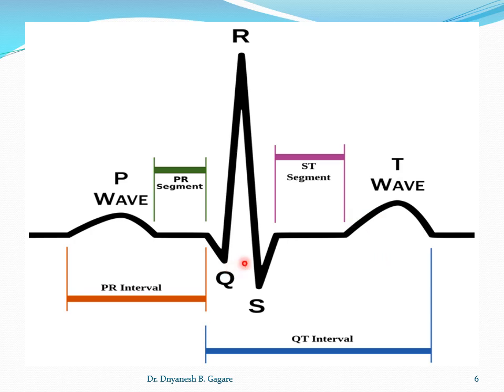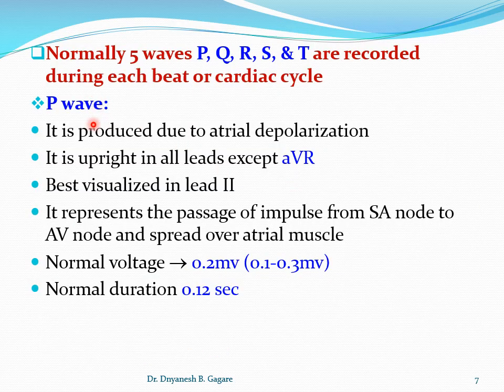Okay, some people draw the R wave without thinking how big it should be compared to the others, so the proportion should be maintained. Okay, now we'll take them one by one, and we'll discuss what is the P wave, what is the cause of the P wave, and when it becomes abnormal. Okay, what is the QRS complex, what is the T wave, what is the PR segment, ST segment, what is the PR interval, and what is the QT interval. So in case a short note is asked, how will you write the answer? Take the waves one by one and describe them. Okay, first we'll take the P wave.